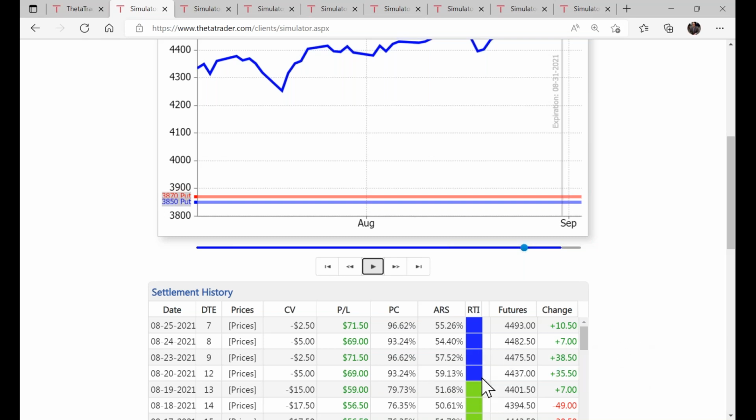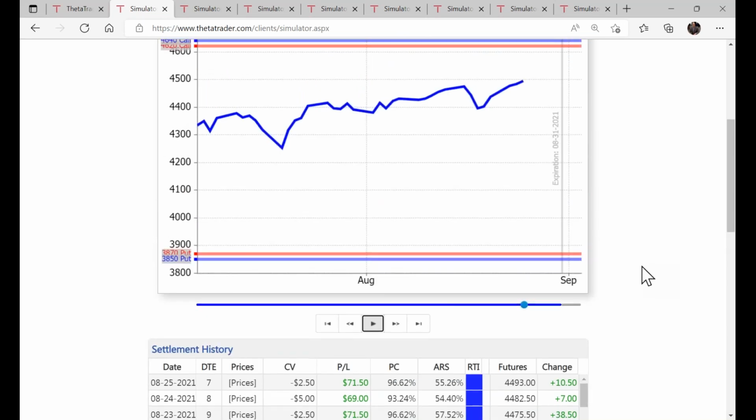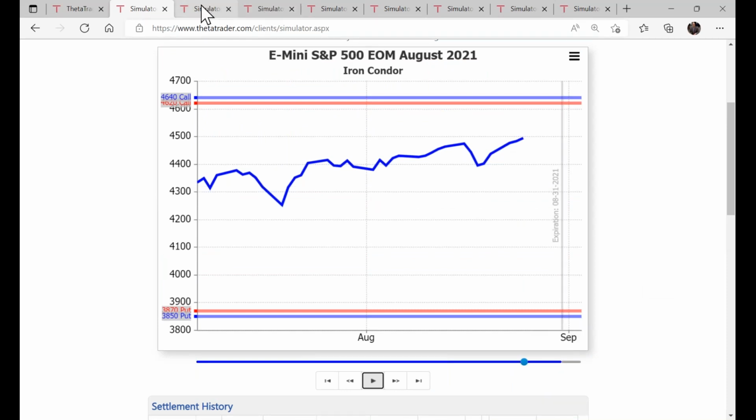You can automate this so that you don't have to watch your screen, you don't have to babysit anything, you don't have to do anything. The algorithm is scanning and monitoring your account for you, and whenever it gives a blue profit-taking signal, it will automatically place the order for you. And I'll show you how to do that in just a second. But first, let me run through